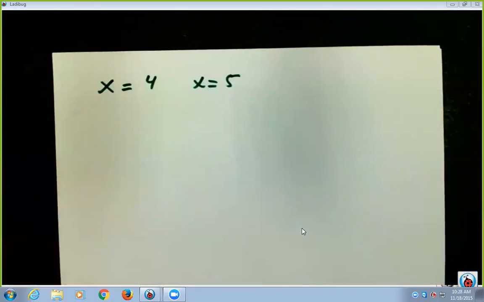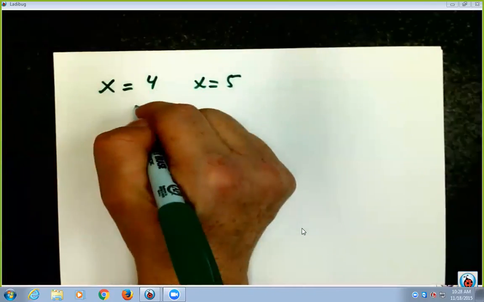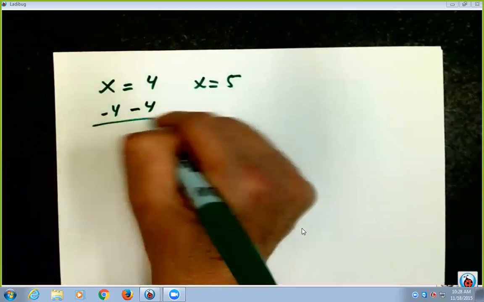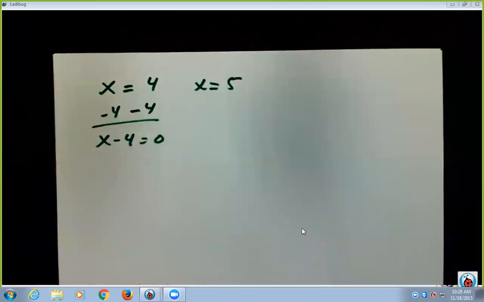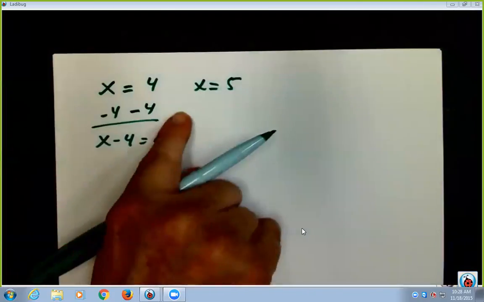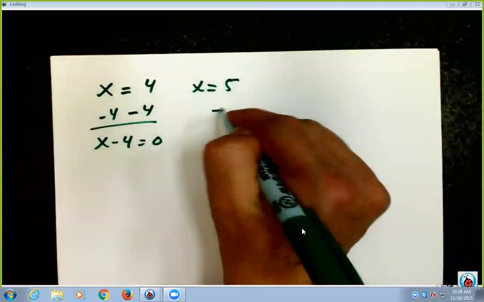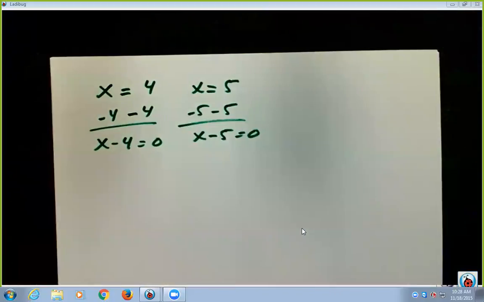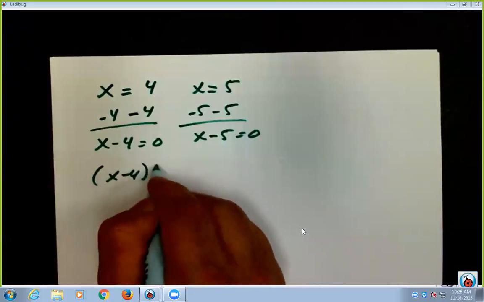So if I have x equals 4 and x equals 5, to get it back to its binomial, I'm going to minus 4 from each side. Okay, so I'm kind of reversing what I did. So to get it back to a binomial, I needed to do that piece. Over here, I need to minus 5. So I get x minus 5 equals 0. So I'm kind of working backwards. So what does this give me? Well, now it gives me 2 binomials